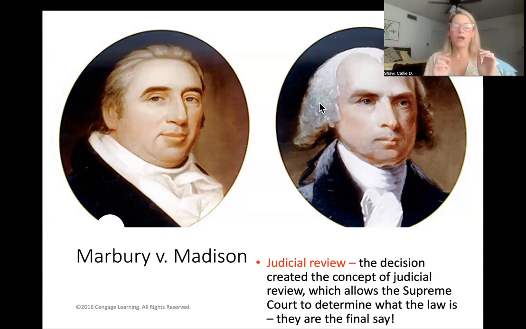But this is the thing. John Marshall was very smart. I'm going to say that again. He was very smart because he knew that the United States Supreme Court had no delegated power under the United States Constitution. It doesn't say that they had the final word. It doesn't say that they have the authority to rule on constitutional conflicts or issues. So he didn't want to ruffle his cousin's feathers too much, because if he did, Jefferson could have very easily said, screw the Supreme Court, I'll make another Supreme Court, right? And then cases would never end. So he had to walk a very fine line.